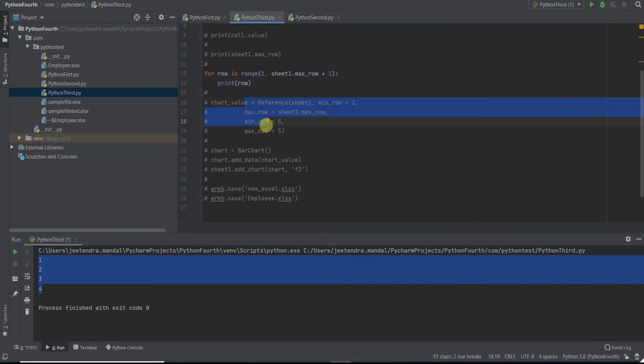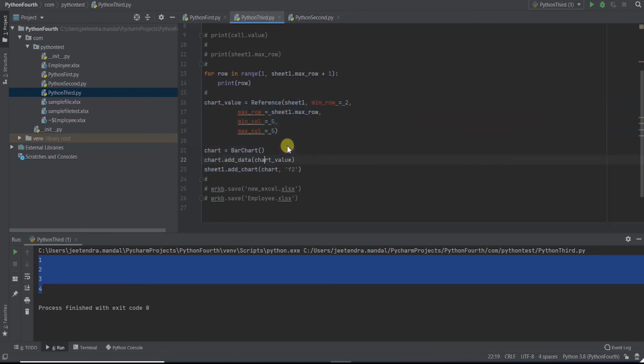Now let's try to create a bar chart and add it in a separate Excel file. We'll process the data, create a bar chart, and insert the bar chart at F2, meaning column F and row 2, and then we'll create another Excel file.